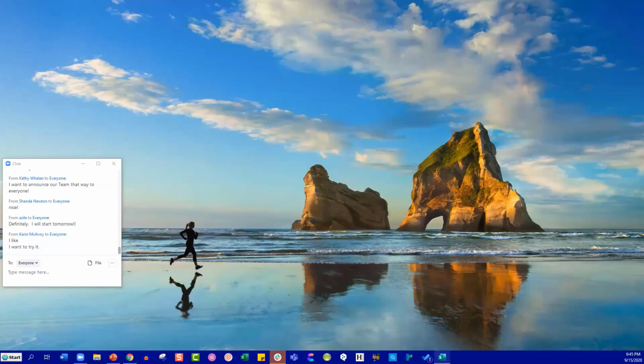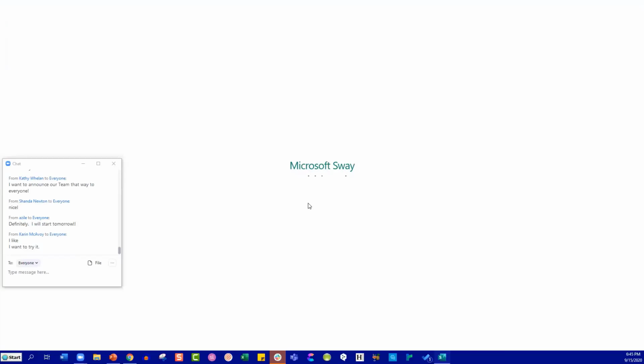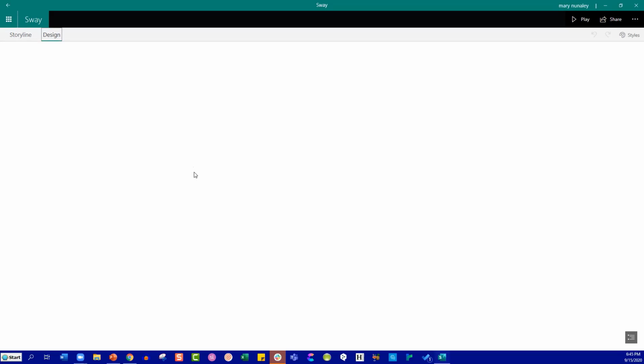So if you wanted to start one from scratch, I just click create new. Here, I didn't choose a template. So now this is what they call their storyline or the storyboard. This is where you put the guts, the meat and potatoes, the information. And then when you come to design, that's where you can make it look pretty. So my recommendation is figure out what your key points are first, get that the way you want it, then go work on the design instead of trying to force your content to fit your design. Fit the design around your content.